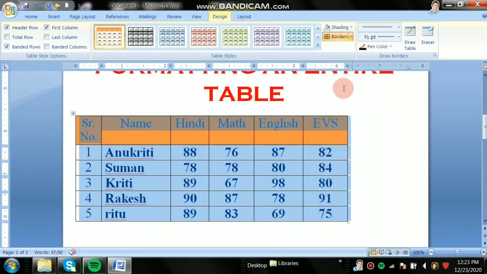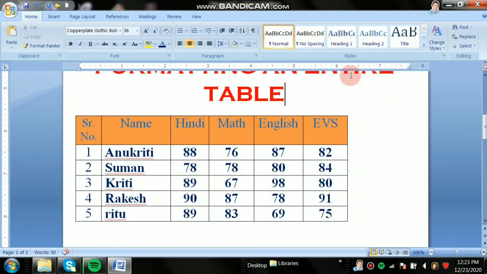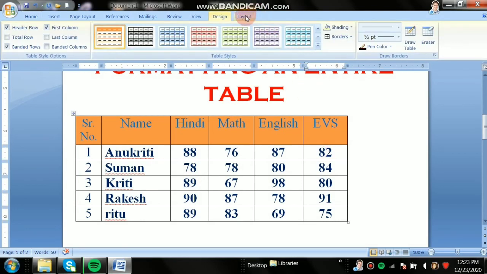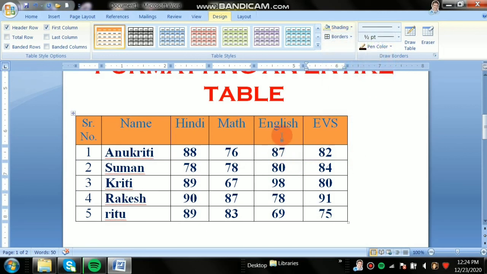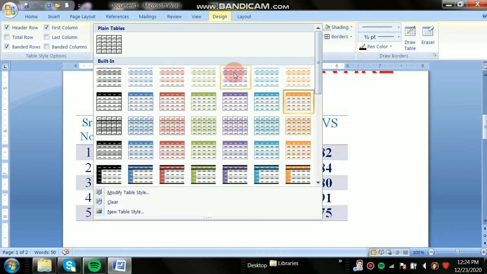Here you will get all borders, and you can do shading as well in particular cells. Here I have selected only one, that's why all the changes are previewing in this particular cell only. Okay, like that you can change your table, its color and table style.